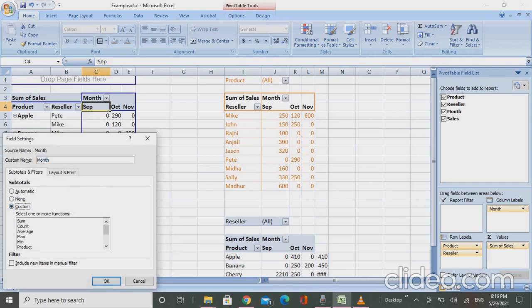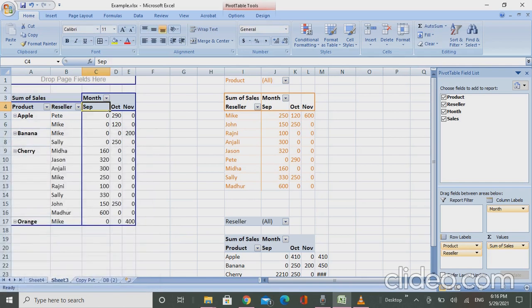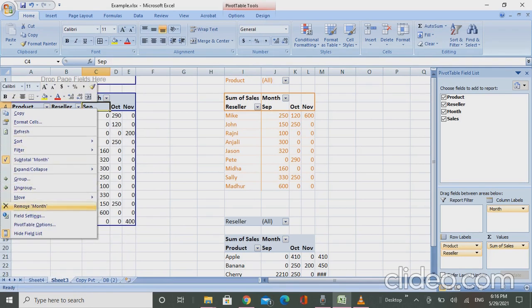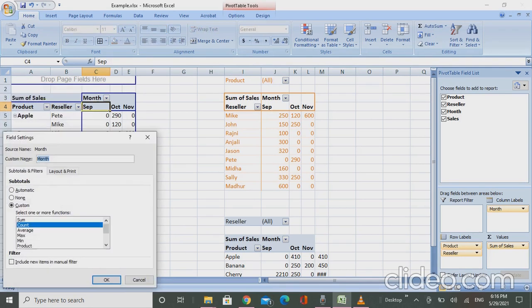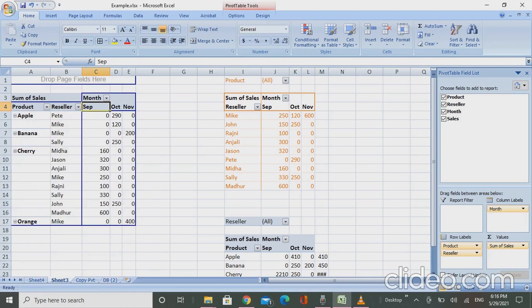The count of these, just a second. You go to the value field settings. I'll press count over here.